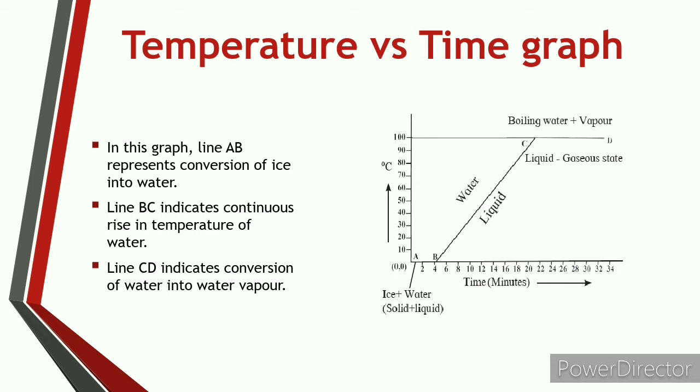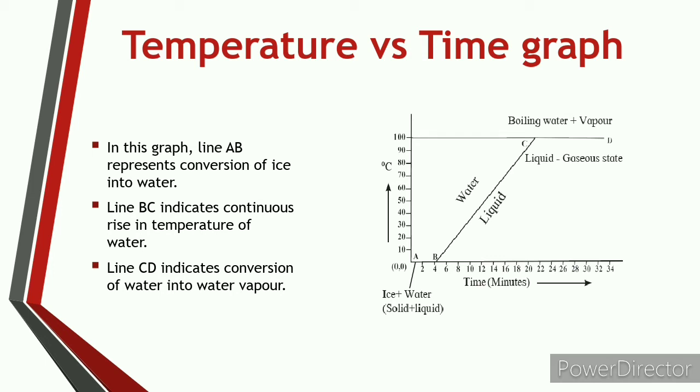We are giving heat to ice. At that time the temperature of the ice will be 0 degree Celsius. And as we go on giving heat, the ice will melt into water, but the temperature will remain constant until all the ice melts into water. So the line AB represents conversion of ice into water, that is conversion of solid into liquid, and temperature remains